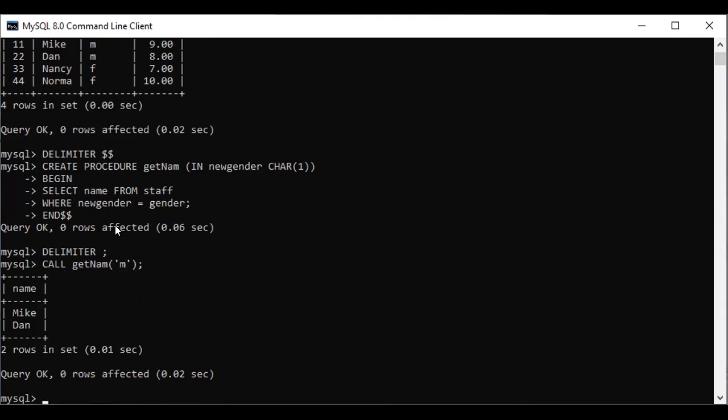Okay, I got the names Mike and Dan. So what happened here? If I pass the M parameter, the male persons are retrieved here. If I provide the F parameter, then female names will appear here. So this is called an input parameter, a single parameter.